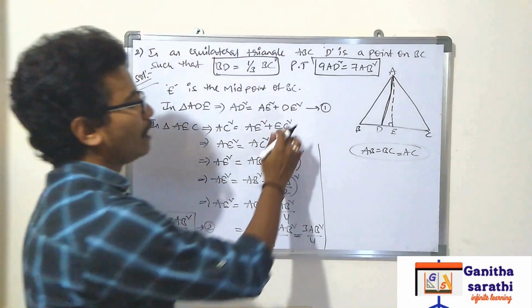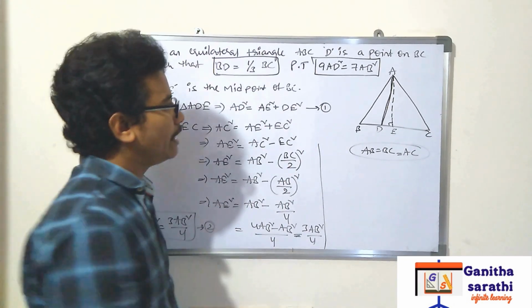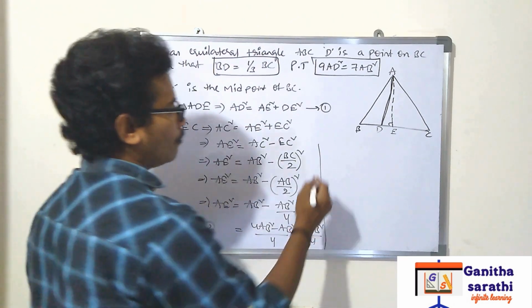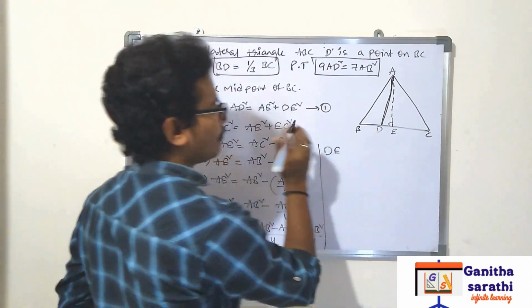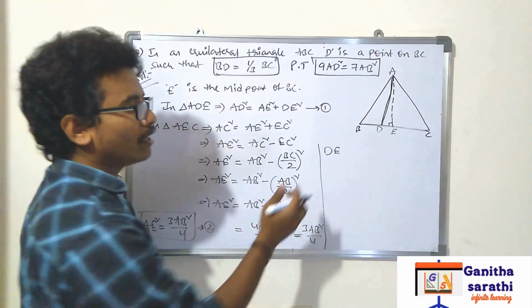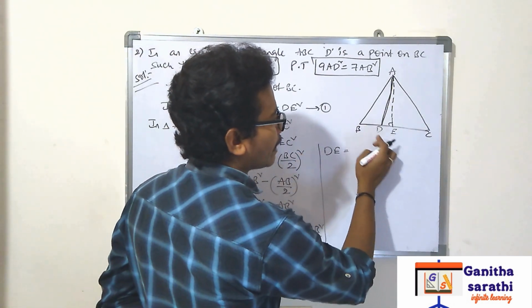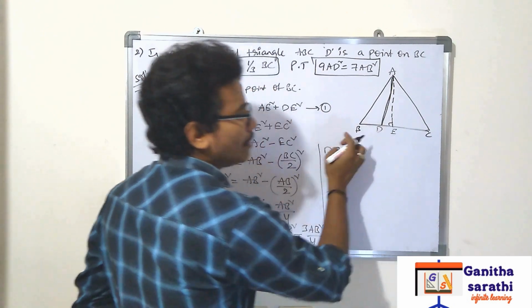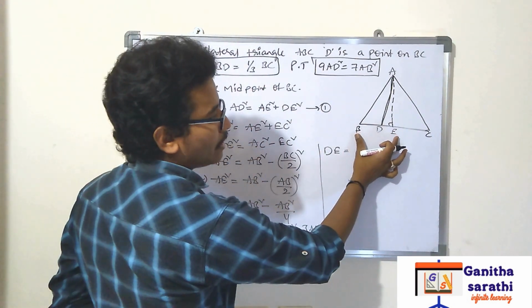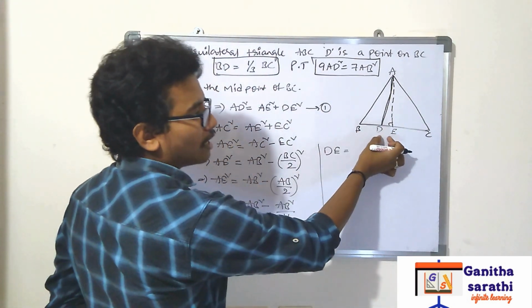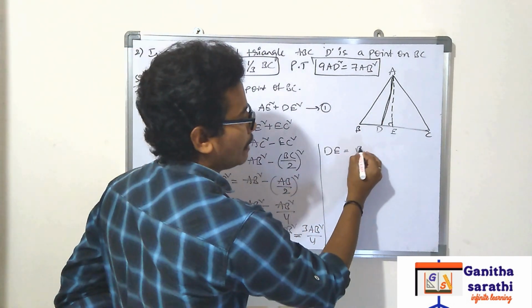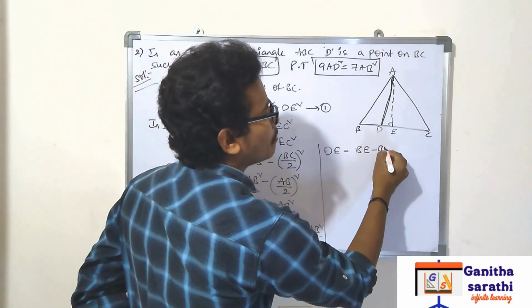Now we have to find the value of DE. For finding DE, listen, first find DE, afterwards we will do the square. For finding DE, how can we write DE? DE can be written as BE minus BD. From BE we take out BD, then the remaining part is DE. BE minus BD.